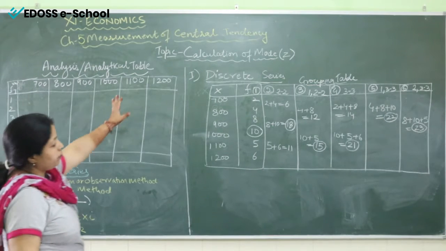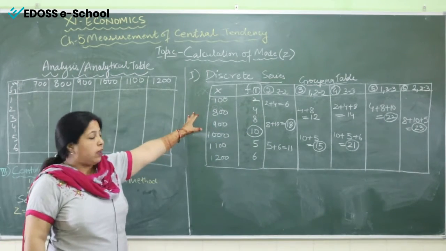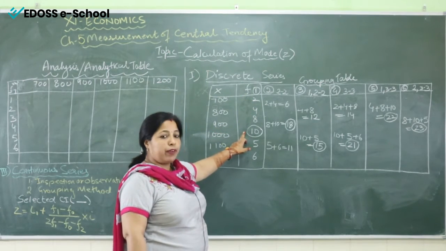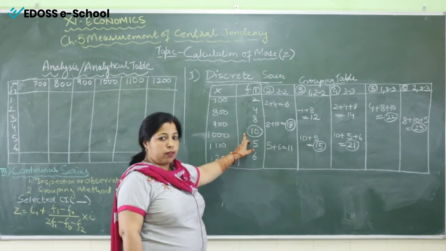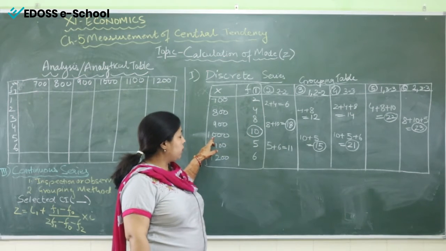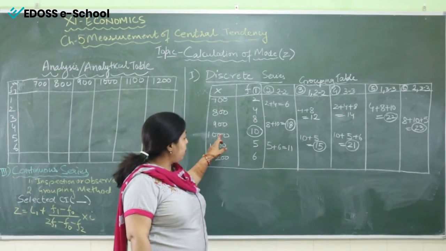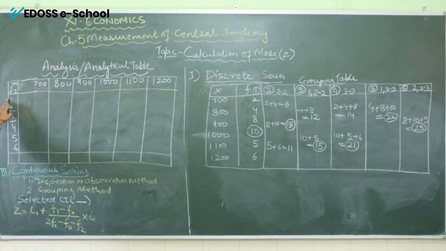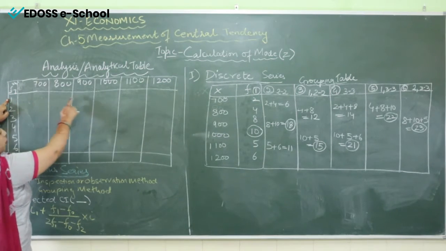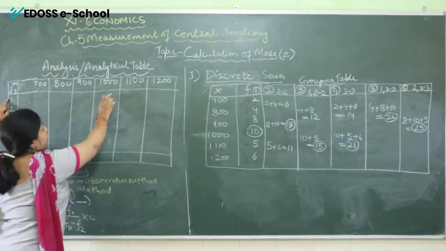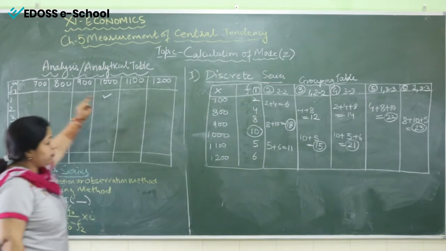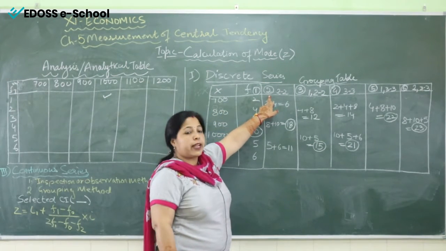Now see. This is the first column. And in the first column, the highest number we have circled is 10. 10 is in front of 1000. 10 किसके सामने है? 1000 के. So हम क्या करेंगे? फर्स्ट कॉलम को पकड़ेंगे और 1000 के सामने टिक करेंगे. This is the first column. Fine. Next step, we will take the second column.